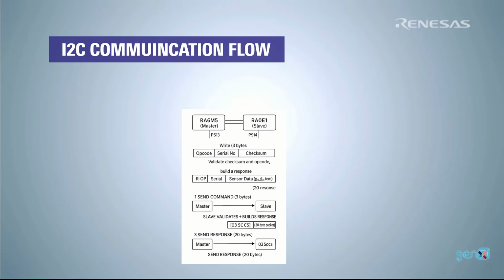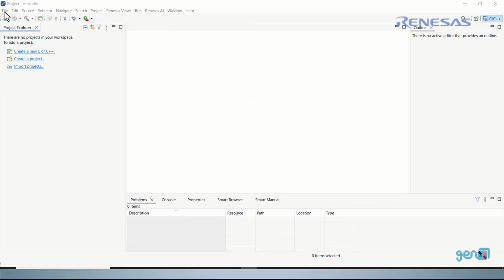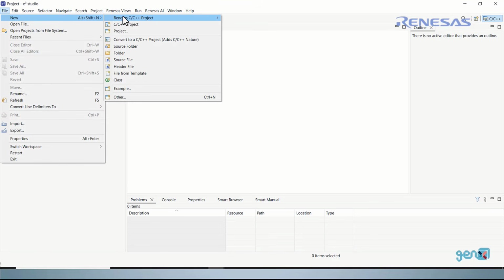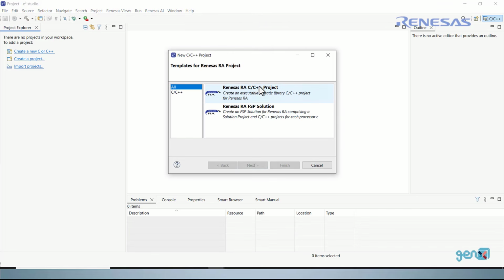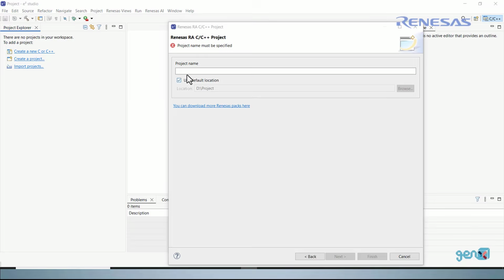The diagram shows the full flow. The master sends the command, and the slave returns the validated response. We'll begin by configuring the RA0E1 as the slave, and then set up the RA6M5 as the master. Create a new project by going to File, New, Renesas C/C++ project, then select Renesas RA